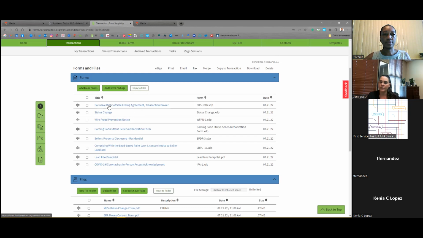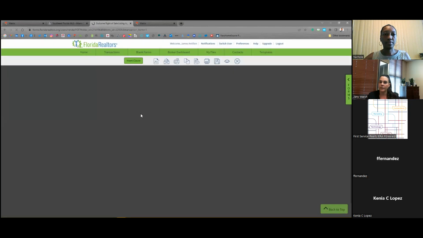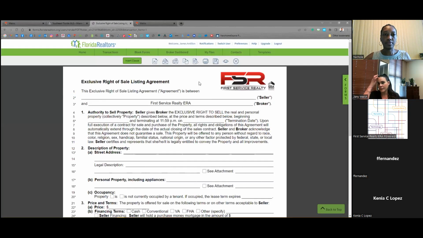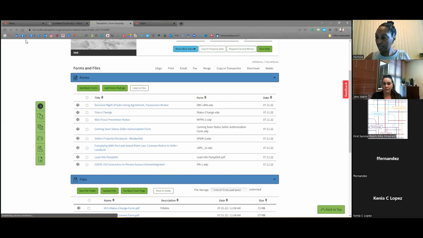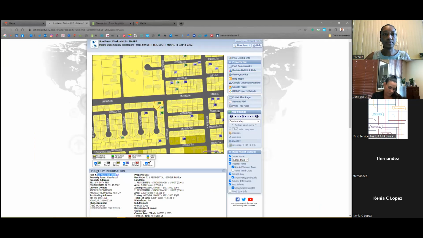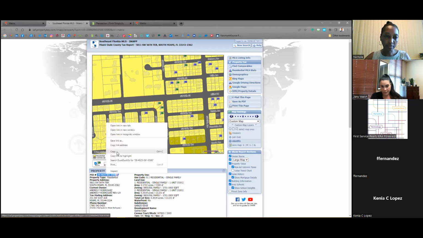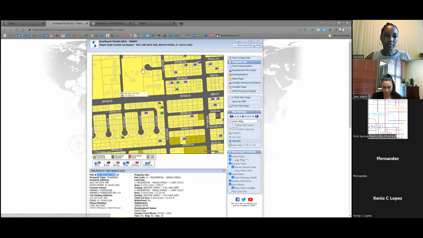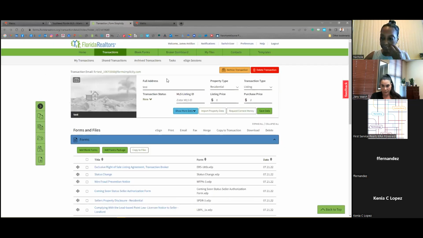So we're going to go ahead and click on this right here so we can get to the package. Now, if we go back here, for some reason I didn't see it, but here it is. If you want the information of the property to be pre-filled for you, at least most of it, and the customer information, you're going to need to come to the IMAP. You're going to copy this PID or property ID, and you're going to bring it to the transaction